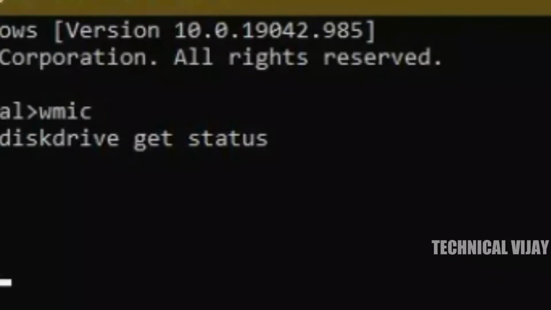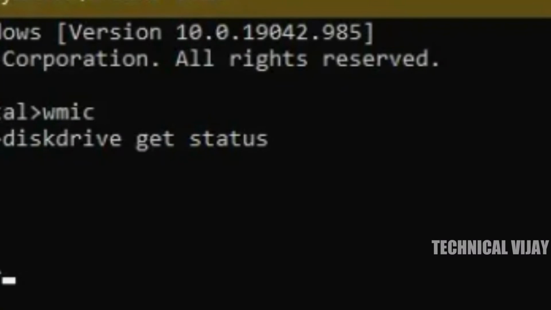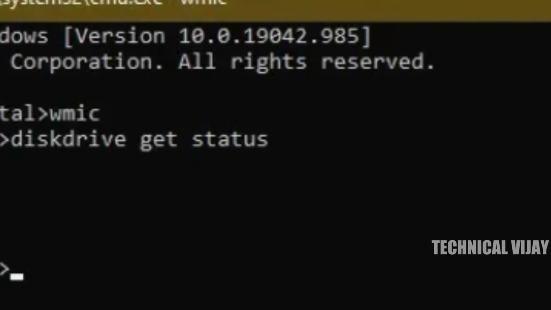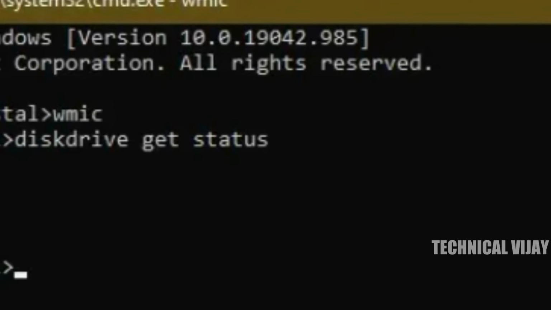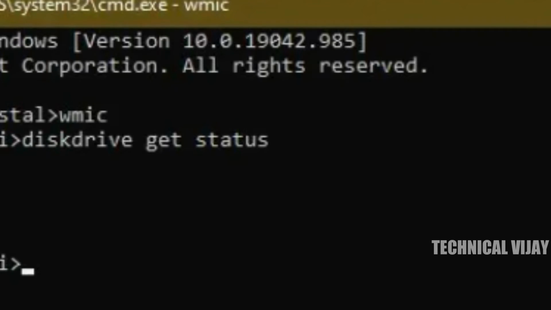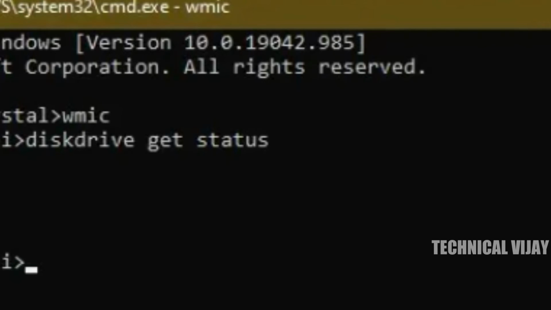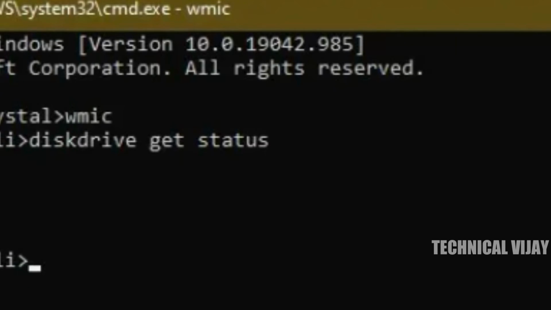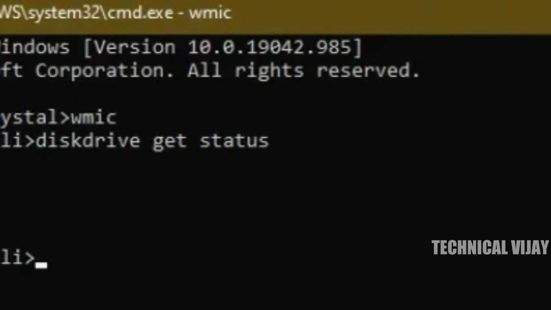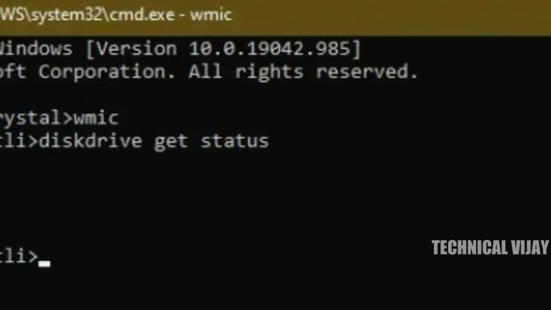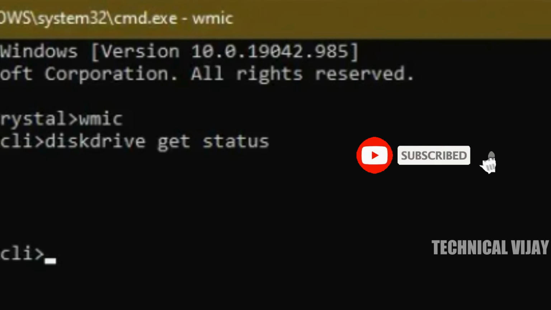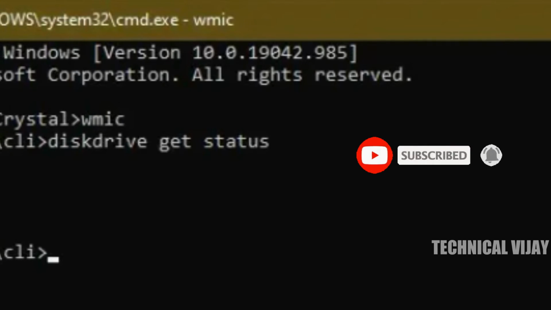Fifth option, use WMIC. WMIC is a command line interface that lets you perform many administrative tasks, including checking the hard disk health. It uses the SMART facility. SMART means Self-Monitoring, Analysis and Reporting Technology. This feature of the hard disk shows the status, and it will provide a simple conclusion, that is OK, Fail, like this. It is still a very basic command that offers very little information, but it's a quick built-in feature of Windows.